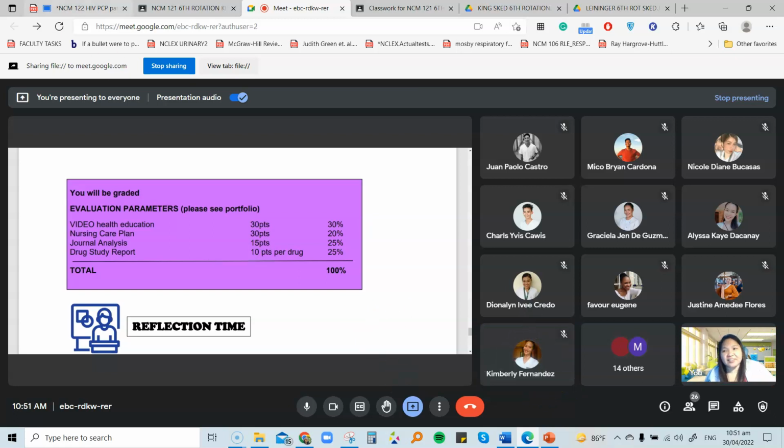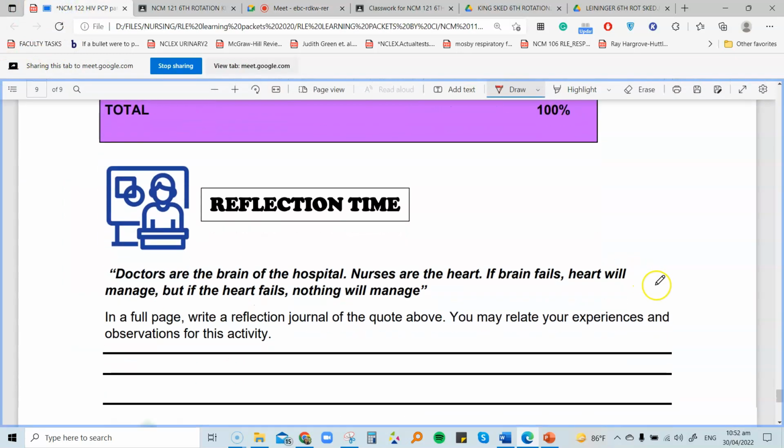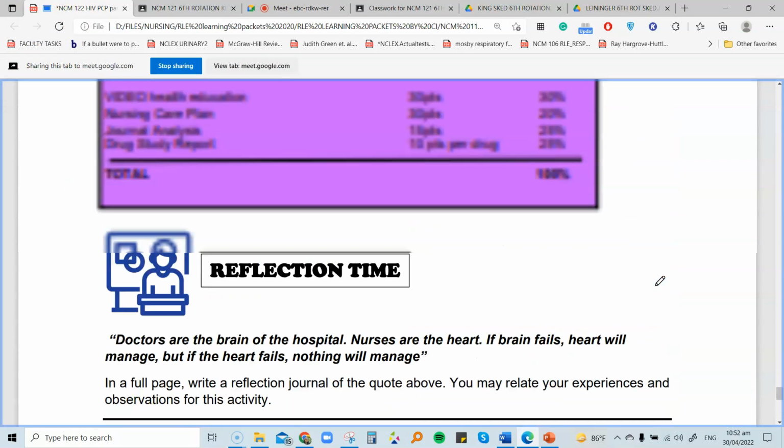Yes, okay. Just prepare your script. And I'll be asking questions, not only related to your antiretroviral therapy, but also about my condition. So you have to really read up on your case and also read up on education materials regarding HIV. Okay? Any more questions? Yes, Miss Fever, you were trying to raise your hand earlier. No more. Okay. If there are no more questions, that ends our learning packet orientation.